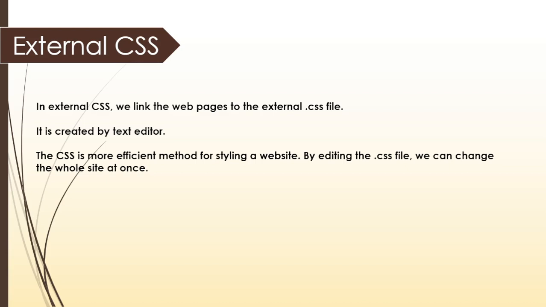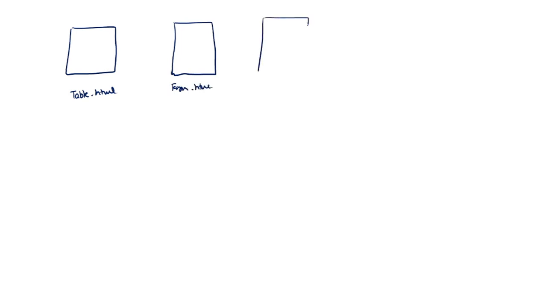Next type of cascading style sheet is external style sheet. So here we link the web pages to the external .css file. Let me just tell you in simple language. Suppose this is my HTML page. Here I have created a table.html. And here I have another page, that is form.html. And this is my third HTML page, that is